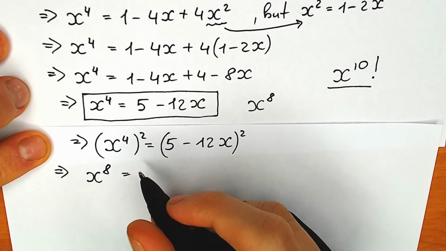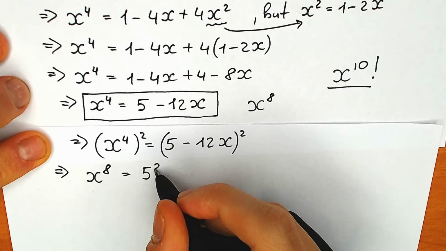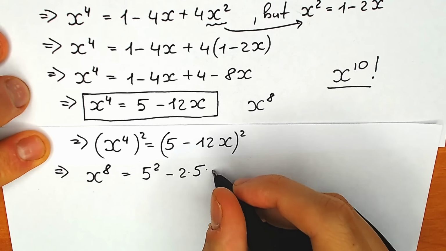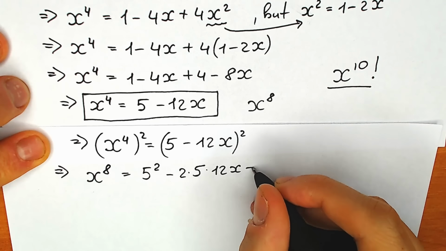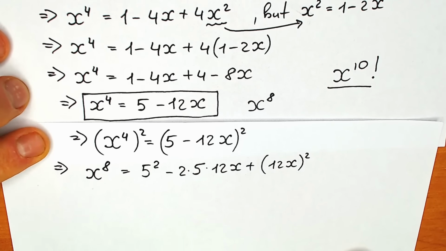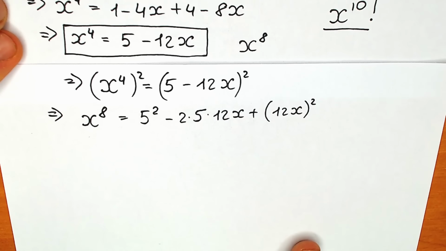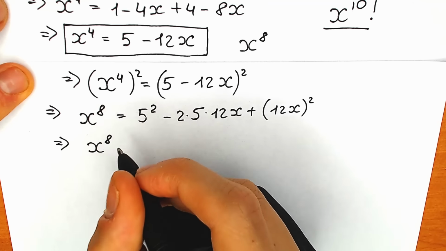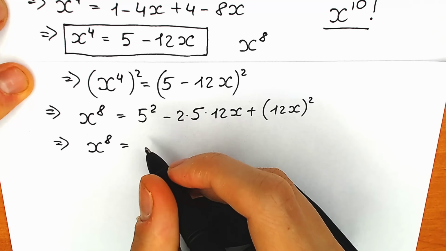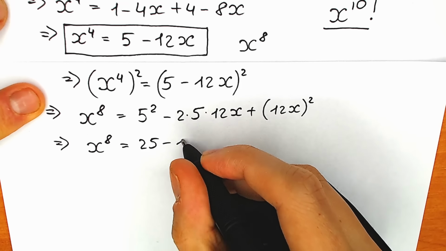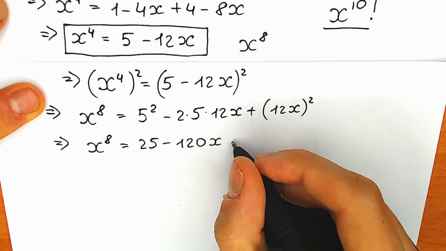this is our identity, 5 squared minus 2 times 5 times 12x, and plus 12x squared. Right now let's simplify it. So what do we have as a result? Right here we have x to the power 8 equal to 5 squared, we have 25, minus 2 times 5 times 12, 120x, and plus